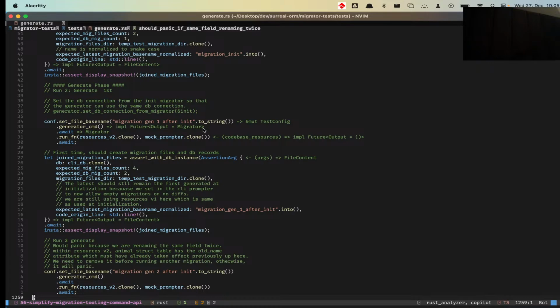We can do the default, which is gonna run up to the latest. Then we can do explicit up to latest. Then we can do up until a specific migration